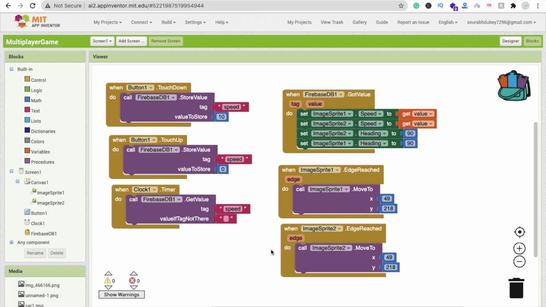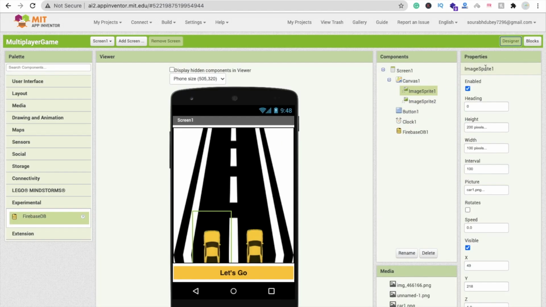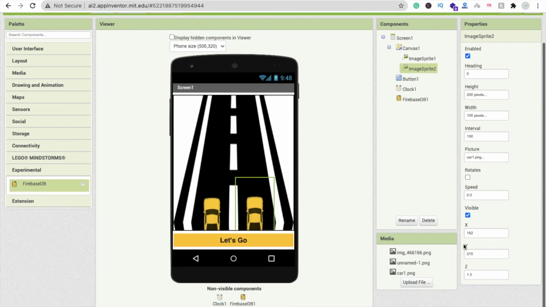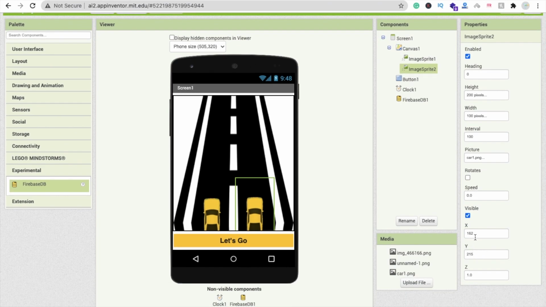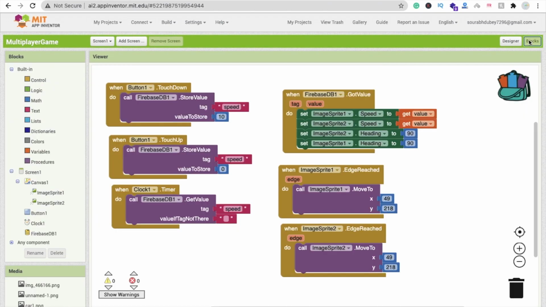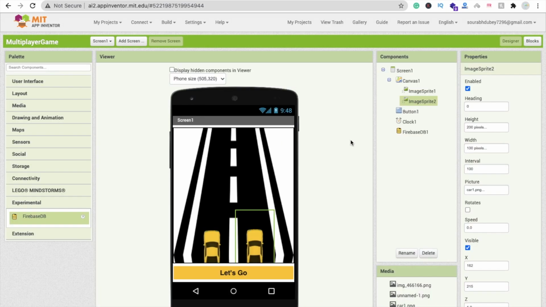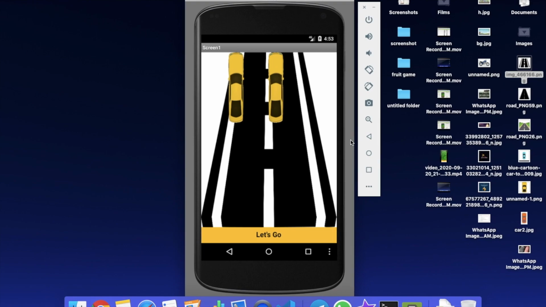Okay, whenever image split 2 reach the edge, then we have to move it again, but make sure go to the design, image split 2, and you'll find y value is almost same but the x value is 162. So we make sure this should be 162, like this, right? So that's all about it. So let me show you how it's work. You can see, okay, the car size is really very big.